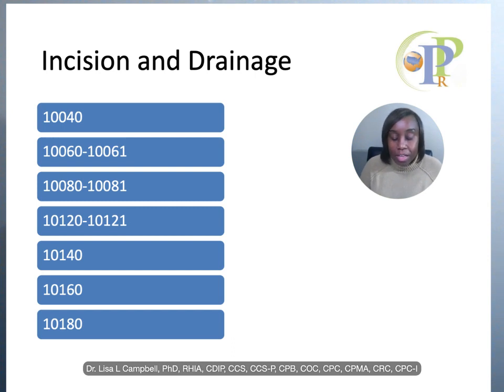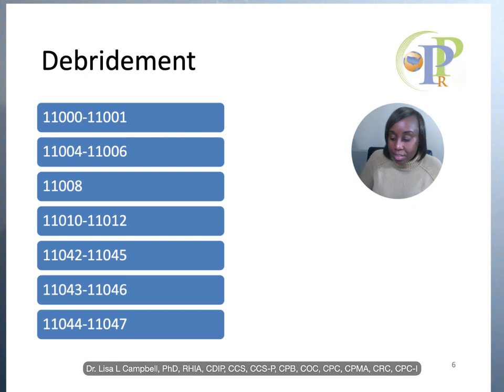All right, so immediately after that, you have 180, 181. You'll notice that those codes are for incision and drainage of a pilonidal cyst. Now, remember the word pilonidal cyst because we are going to see that again shortly. And this family here on page 91 continues with other types of incision and drainage. All right, next up, on the bottom of page 91, lower left-hand corner is where our debridement codes begin. It starts off with